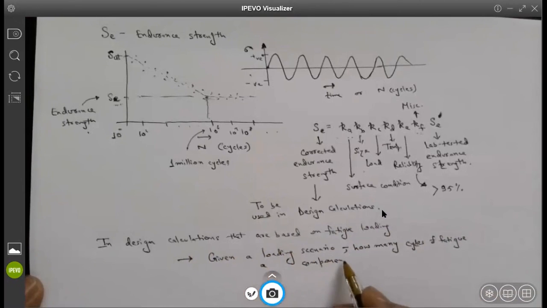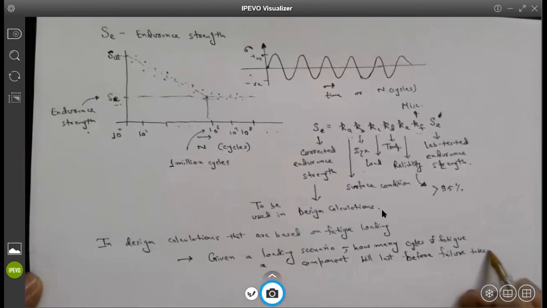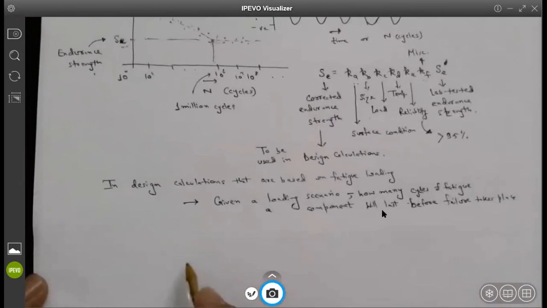That is one of the design objectives for a designer, or one of the parameters that needs to be estimated. How many cycles of fatigue a component will last before failure takes place. And the second objective is